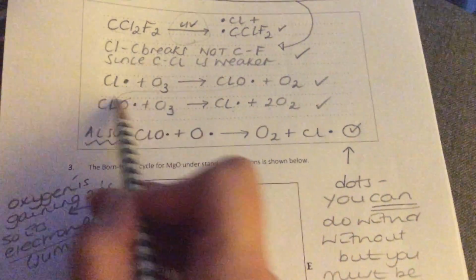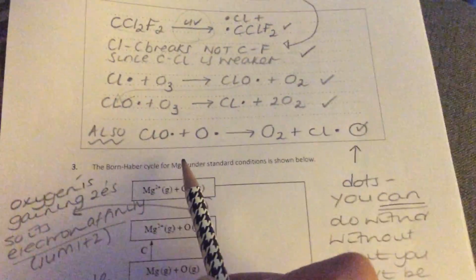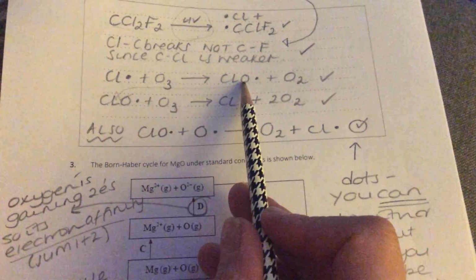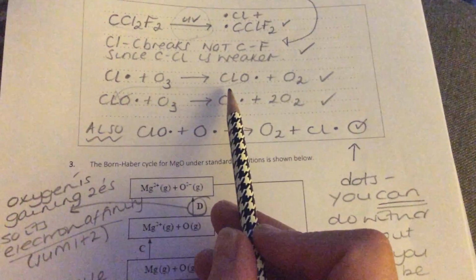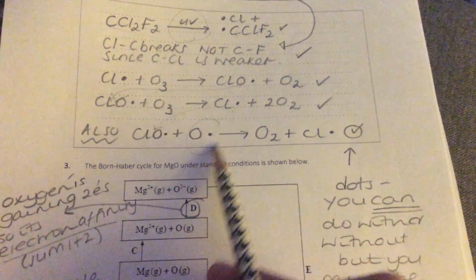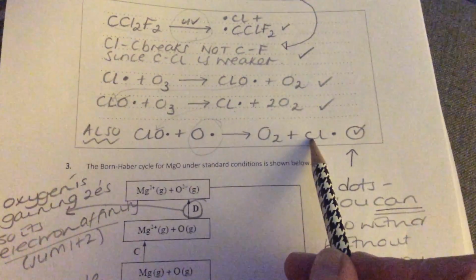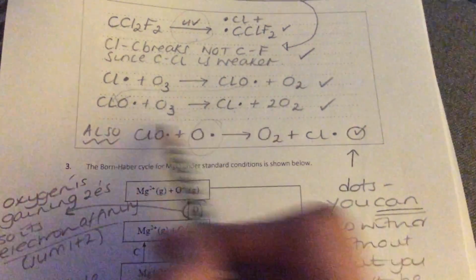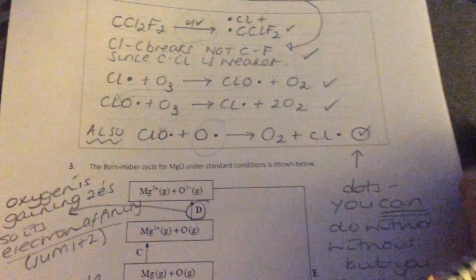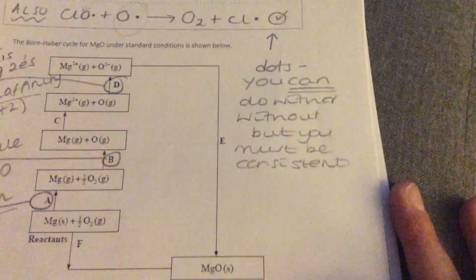And then the one that most of you didn't get, and I've got to be honest, it is one that I would have missed out. It's quite sneaky. They are expecting you to also put an alternative propagation step. So if the ClO radical were instead to react with an oxygen radical, then you can form oxygen and a chlorine radical. So you also would get a mark for stating this one. Again, I think that's a bit sneaky, but I don't write the exams, so we have to pay attention to